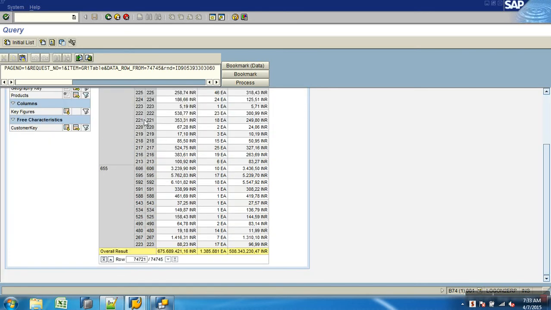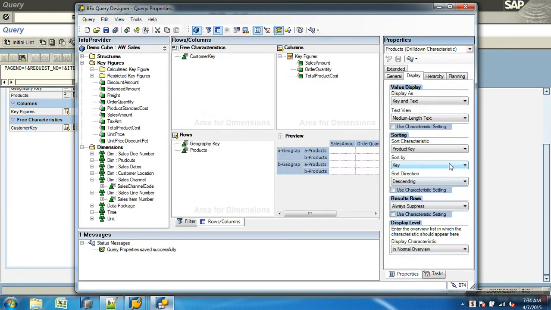So do you see sub results for product? No. Like this you can control the display of the result row. There is one more option here. When it's always display, it will be showing the result always. And when it's always suppress, it will be always suppressing the result. And there's one more, only display only more than one value. For example, if your result is sum of multiple rows, then you get result. But if result is only one row, then you will not get result.